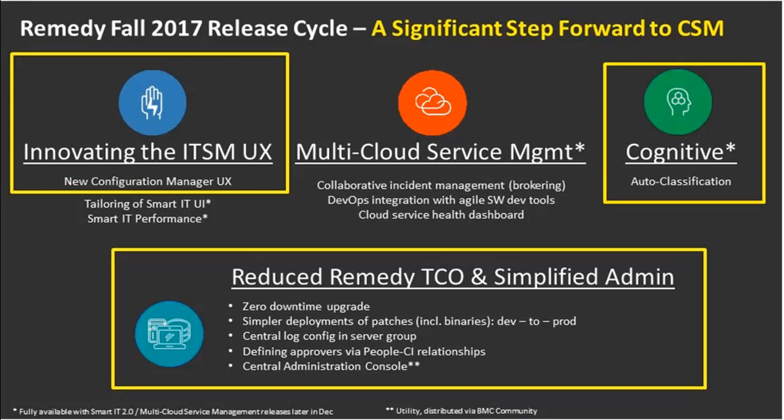Those items in the yellow boxes, right? But we have additional things coming. One is the new version of Smart IT, and we'll give a bit of a preview again towards the end of the presentation. And then we also have a new exciting component coming out that's called multi-cloud service management, which